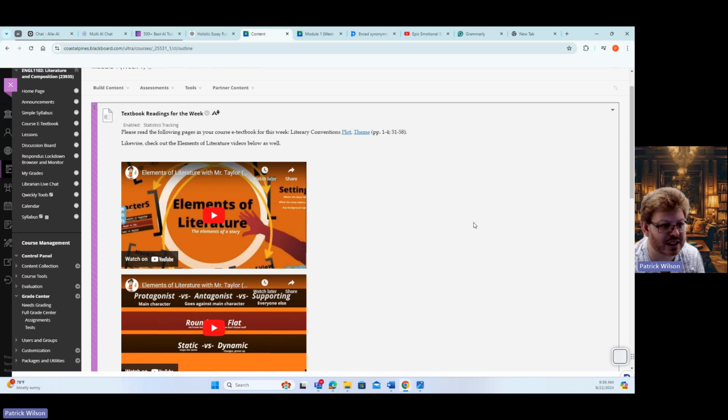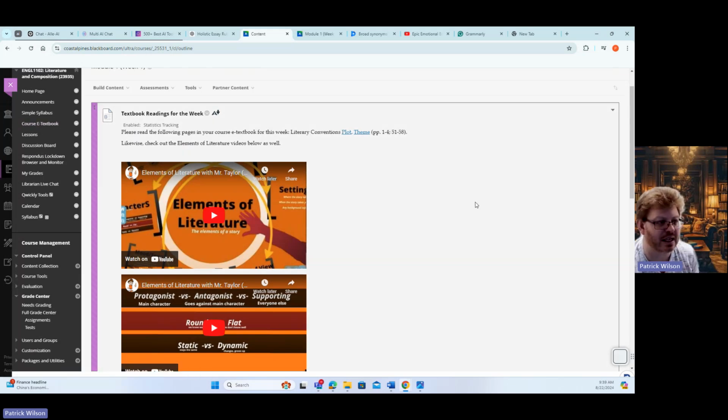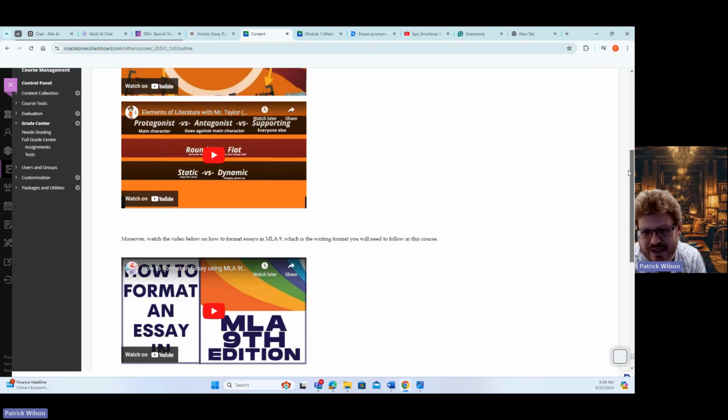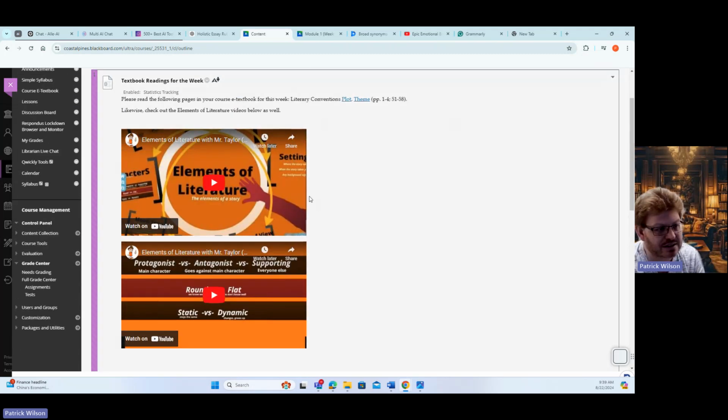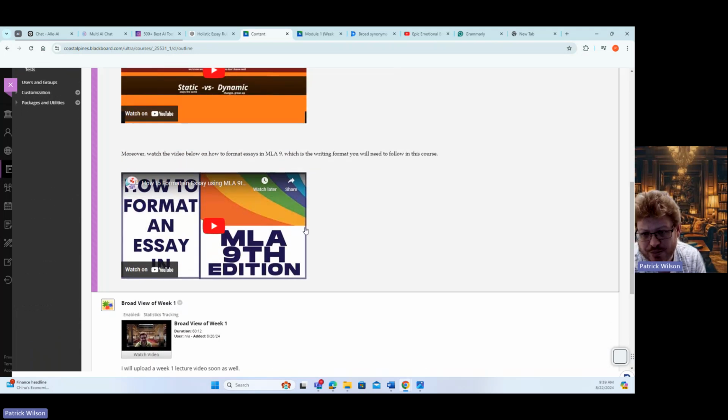What I will suggest as it relates to the textbook reading from your e-text, which you can find here, is this: I realize that the MLA 9 handbook has a broken link for whatever reason, so I'm going to have to figure out another way around that. But basically, for what you need right now, you can find it all on this particular page. So I'm hoping we can look real quick at the MLA format,